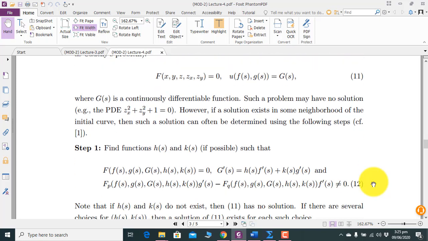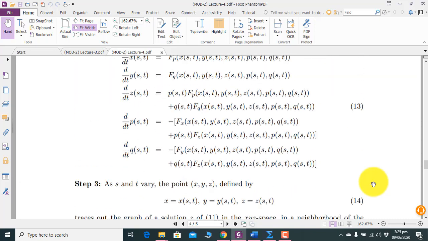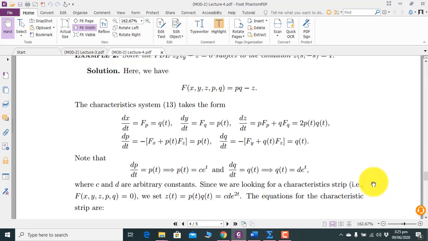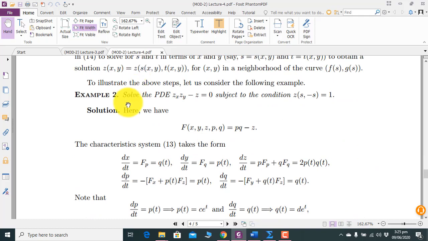In each question we will be given a partial differential equation